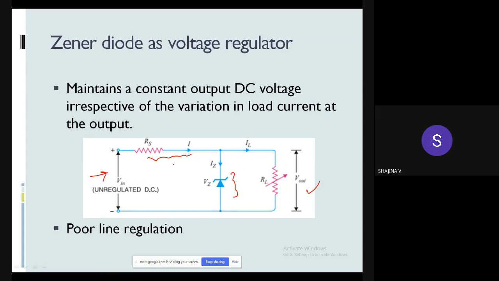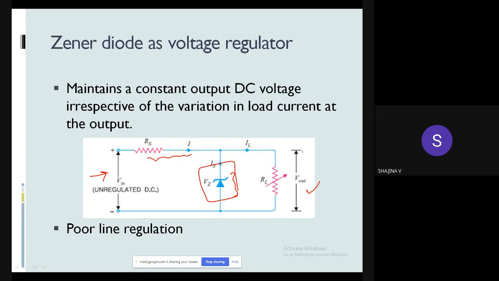So we have a series resistor associated with this Zener diode. Using that you can control the current passing through the diode, and the DC voltage across the Zener diode will remain constant irrespective of the variations in the load current at the output. If there is any variation in load current or supply voltage, the voltage across the Zener diode remains constant. That is what we get at the output. So this is the concept of a voltage regulator using a Zener diode, and the main drawback of this Zener voltage regulator